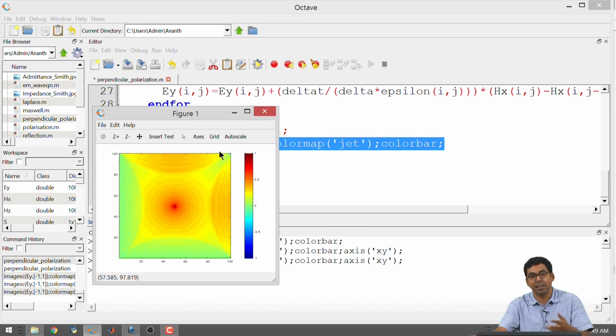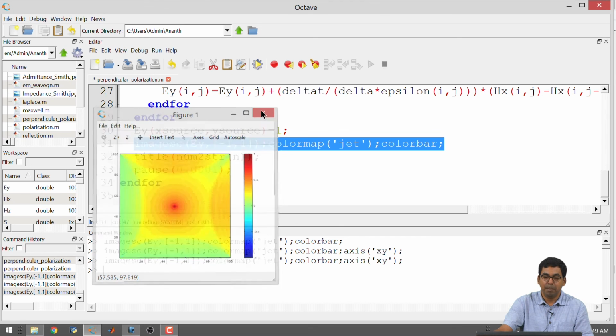If I plot Hx, Hz, I will be able to figure out what is going on with the other two boundaries. So, I get a rough idea. Just like in the case of transmission lines, you had open circuit on one side, short circuit on the other side, etc. All right. Here it is the same thing that is happening.